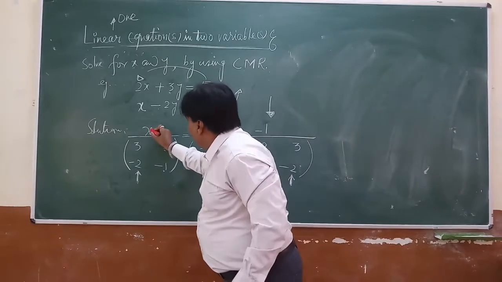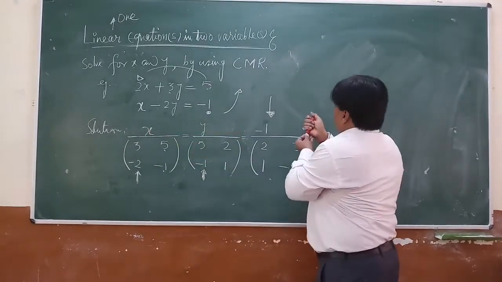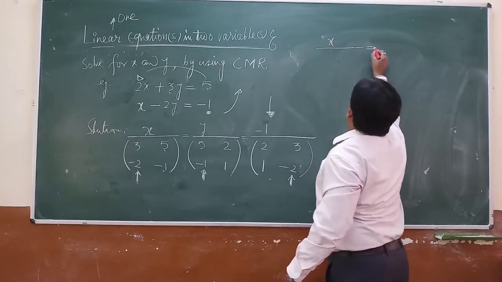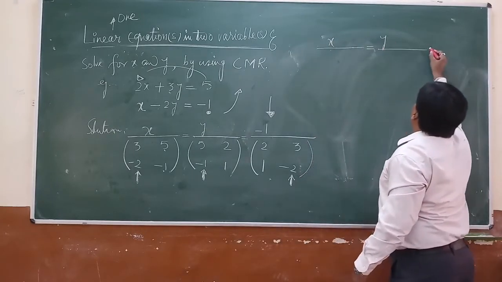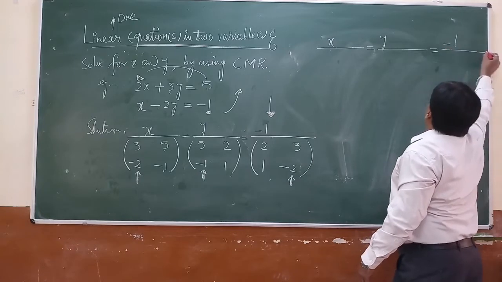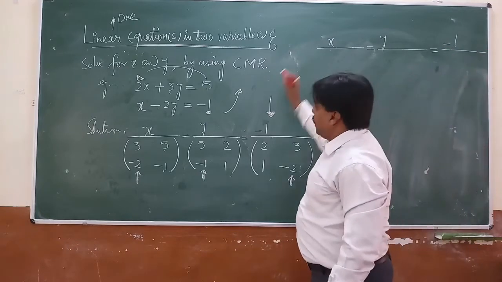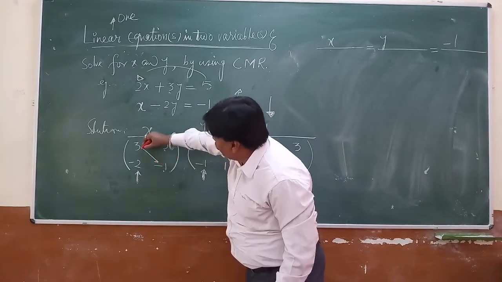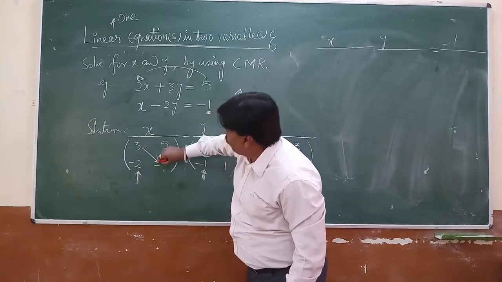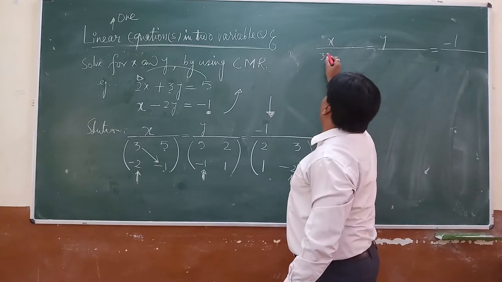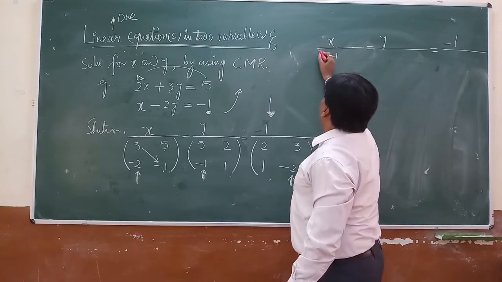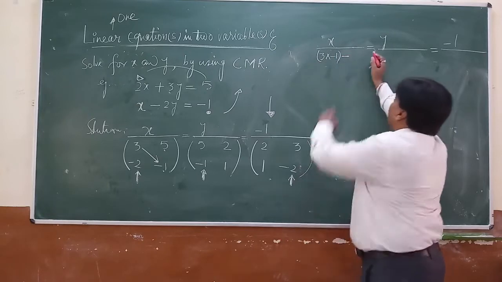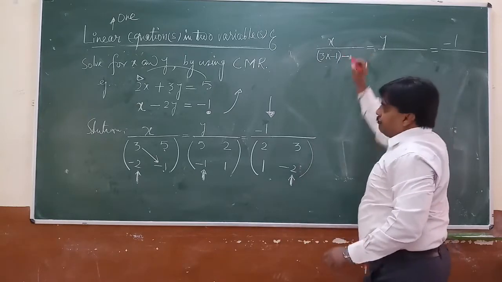Now look at here. For this x over, you should be very careful here. For x, we will multiply first 3 with this minus 1. We will go up to down first. So here multiply 3 into minus 1, and just keep it in bracket. Minus sign. This is according to rule. Remember, this minus sign is according to rule.